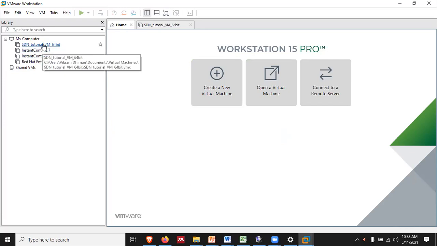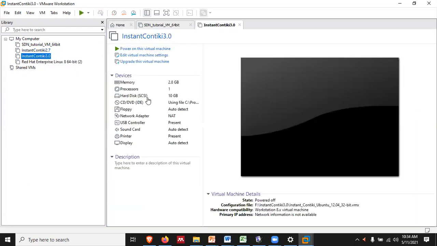You can see on the left hand side, that is SDN tutorial. We have one Instant Contiki 2.7. We have Instant Contiki 3.0. This is the latest version 3.0, and you can also install the old version, that is 2.7. So I'm just moving with that, and when I click over there, this screen will appear, which talks about Instant Contiki 3.0. So what you have to do is power on this virtual machine,